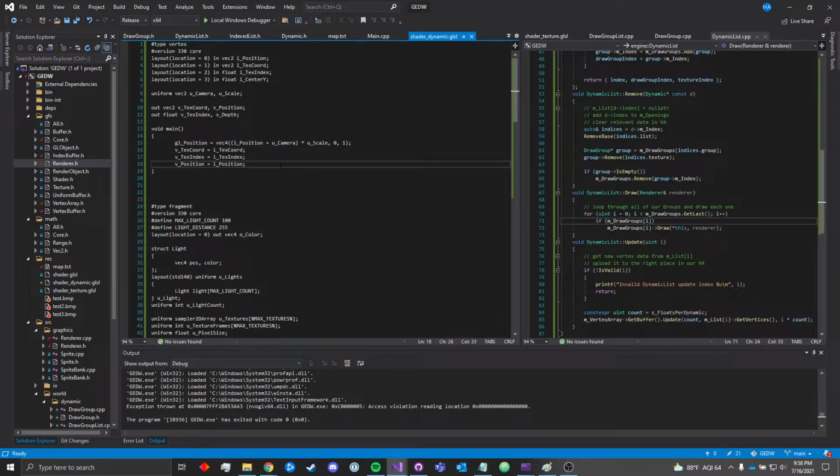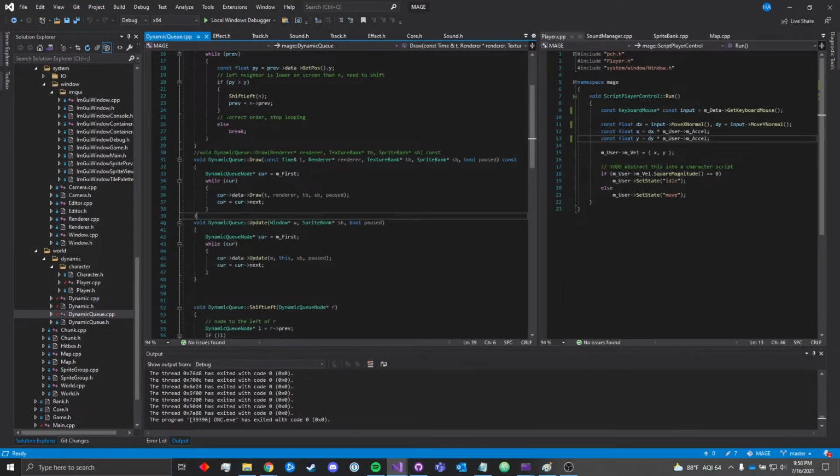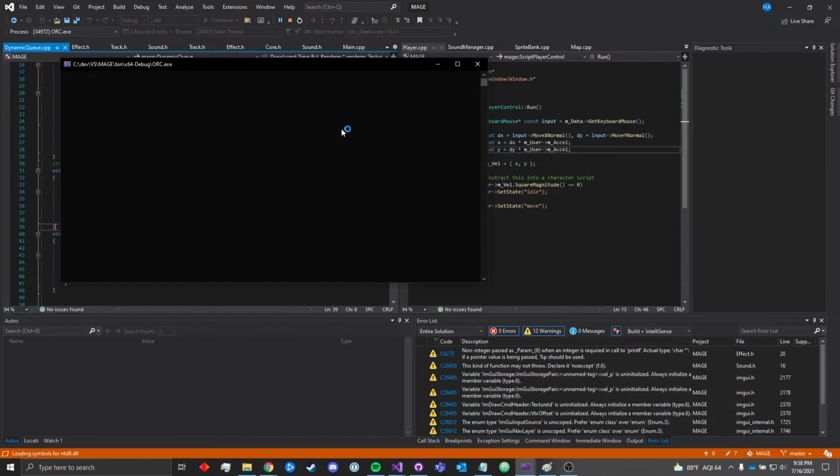So this vDepth has to be valued between 0 and 1. And for my implementation of this, the depth of any pixel is going to depend on that pixel's Y value on the screen. So going back to that example I showed earlier,